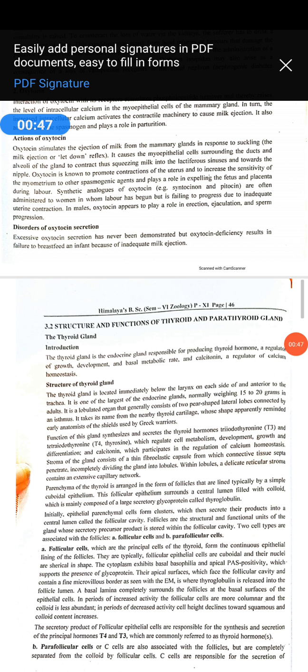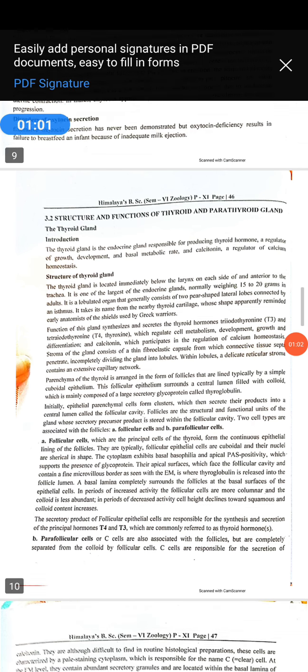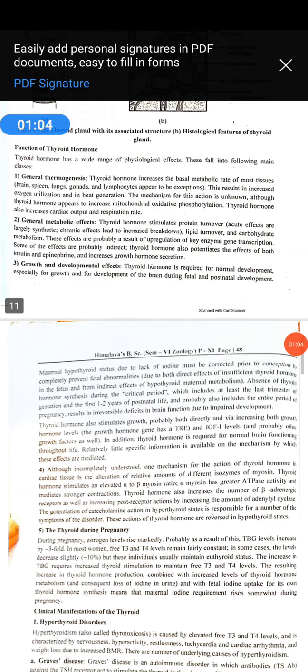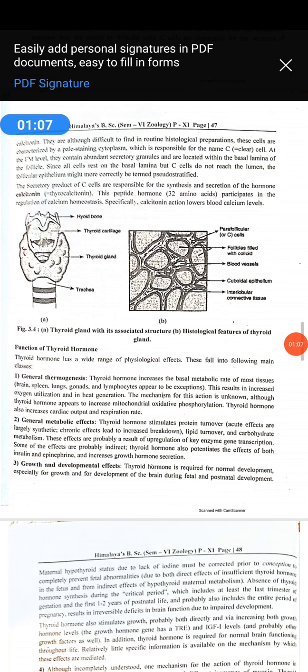The thyroid gland is composed of a large number of rounded or oval shaped structures called follicles, vesicles or acini. These follicles are interconnected by connective tissue called the stroma. The stroma contains blood capillaries and small groups of parafollicular cells or C cells, which secrete the hormone calcitonin or thyrocalcitonin. The thyroid follicles are composed of cuboidal epithelium, which rests on the basement membrane and is filled with gelatinous colloid.